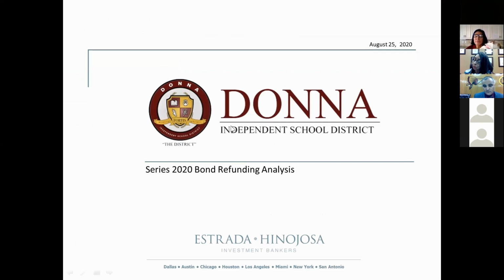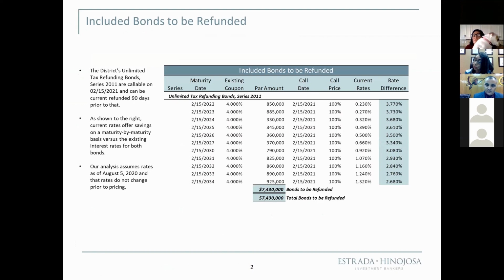Okay, and here are the 2011 bonds that are outstanding right now. Their call date, if you can see here on that column, says 2/15/21. So school districts like yourselves have the authority to refinance these bonds. The call date is when they can be refinanced. It can be on 2/15/21. However, you can price it and sell it within 90 days of that date, which allows us to do that roughly around October, November.